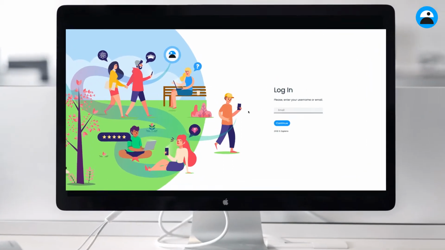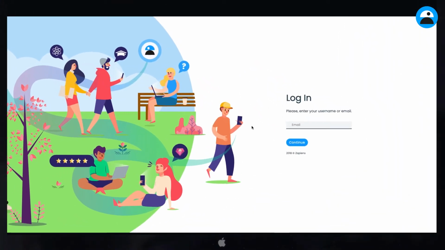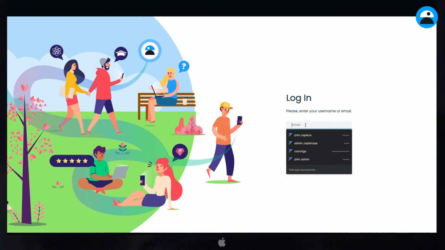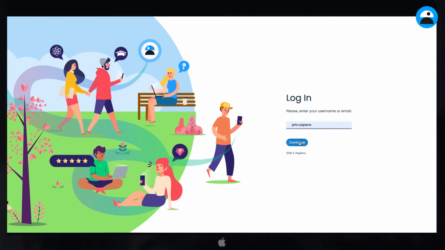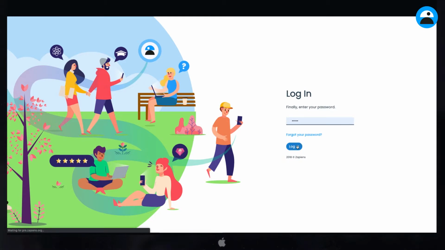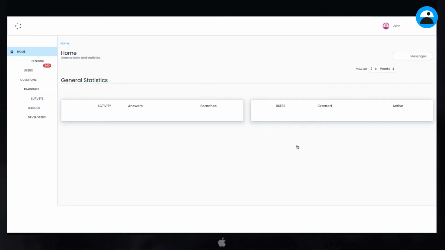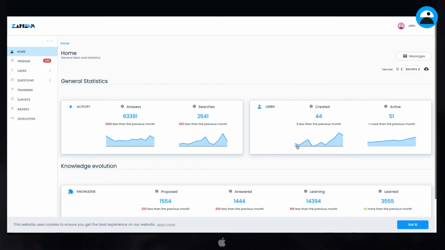To access the administration area, you must enter your username and password in the login screen. Once the session is started, the main screen is displayed. From this screen, you can see the general data and statistics of your organization, as well as the progress of